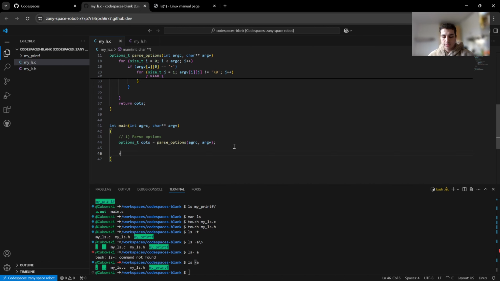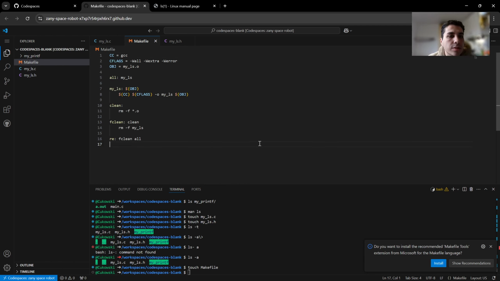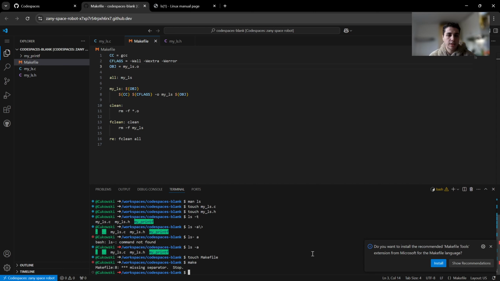and this was the first step of our program. So first I will make a Makefile so we can see if everything is working, and I will just copy and paste an existing Makefile because I don't want to do it again, but it is simple. We will use the GCC compiler, we have flags of Wall, Wextra, Werror, and our object will be my_ls.o, and when I say make,